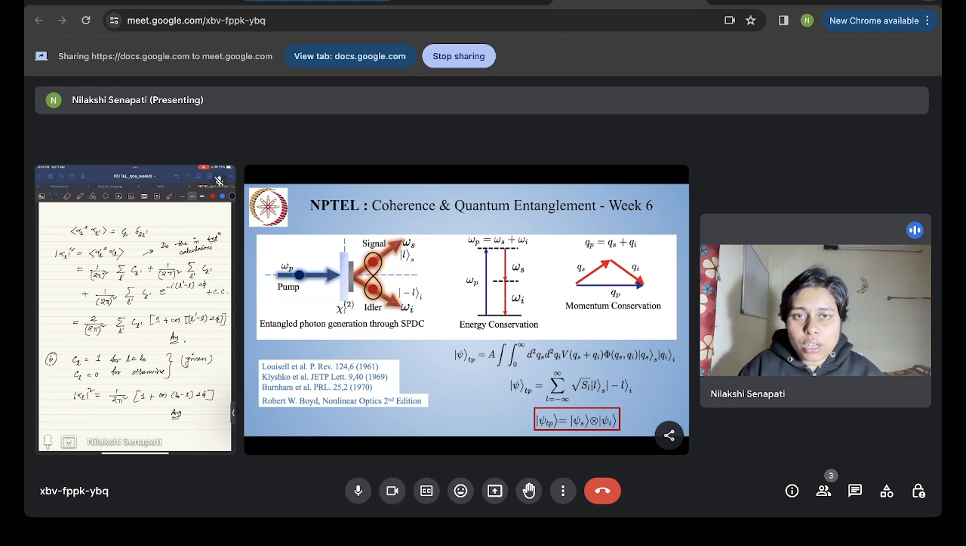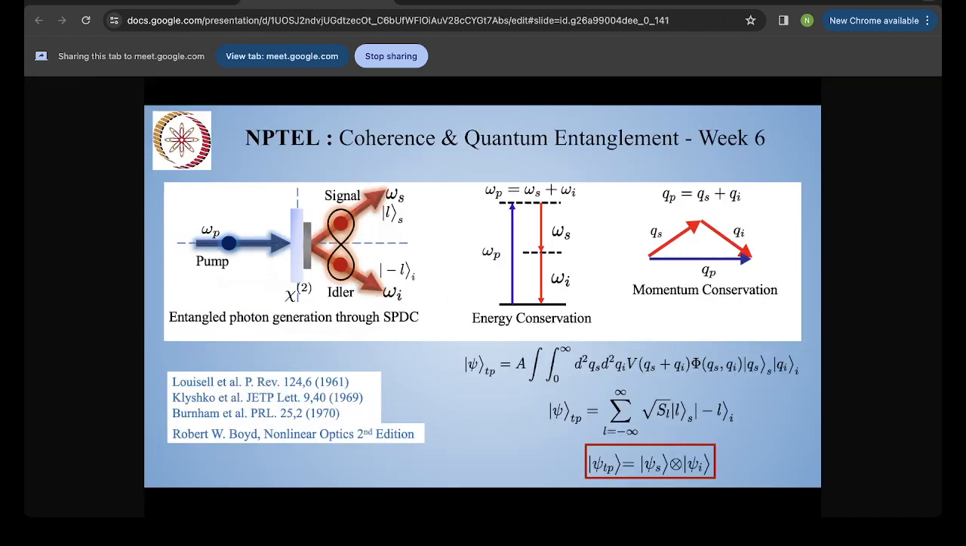Okay, so now let us discuss this. Here in this figure, what you are seeing is a spontaneous parametric down conversion process, showing entangled photon generation. Spontaneous parametric down conversion is a second order nonlinear optic process through which we can generate two entangled photons. Here it is showing that a pump is coming and falling on a crystal,